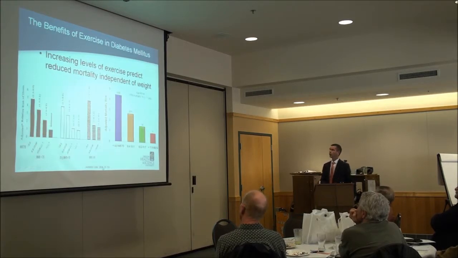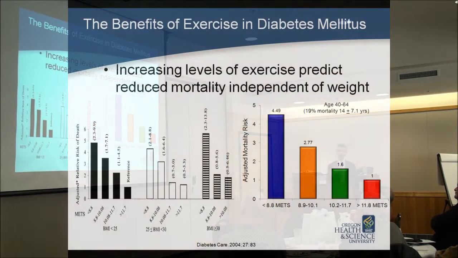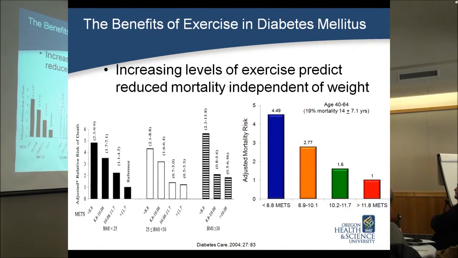Okay. What do we know about weight in diabetes? Because a lot of people say, you know, I exercise and I lose a little weight and then it comes back. Well, we know in people that exercise, at least in the diabetes prevention plan, that regain their weight, they still had risk reduction. So in patients with diabetes that are normal weight, overweight, and obese by a BMI criteria here, there's still a reduction in risk at high weights. So even in the absence of weight loss and being overweight, you can titrate